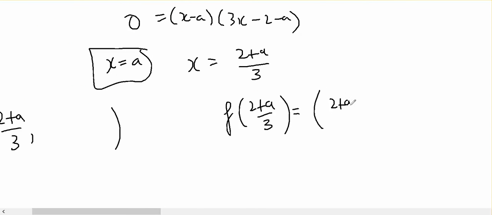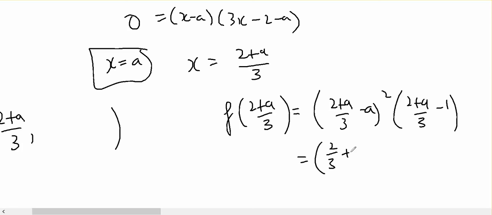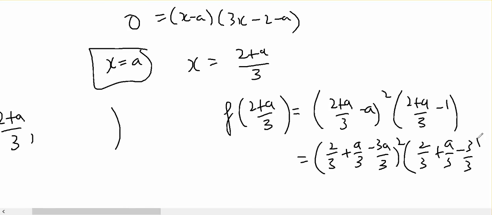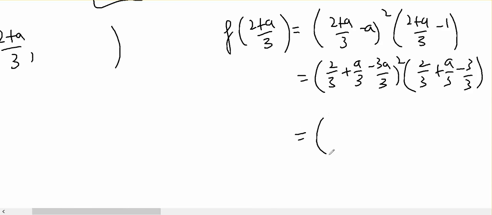So (2 plus a) on 3 minus a, squared, times (2 plus a) on 3 minus 1, which is the same as 2/3 plus a thirds minus 3a on 3, all squared, and 2/3 plus a on 3 minus 3 on 3 to the power 1, which is (2 minus 2a) on 3 squared, and (a minus 1) on 3,